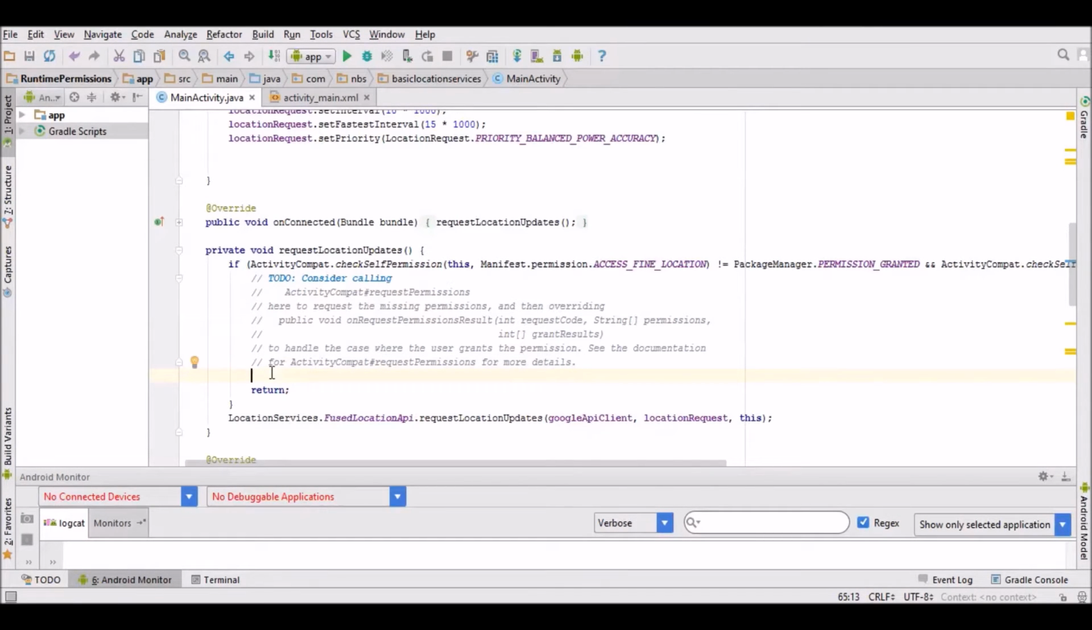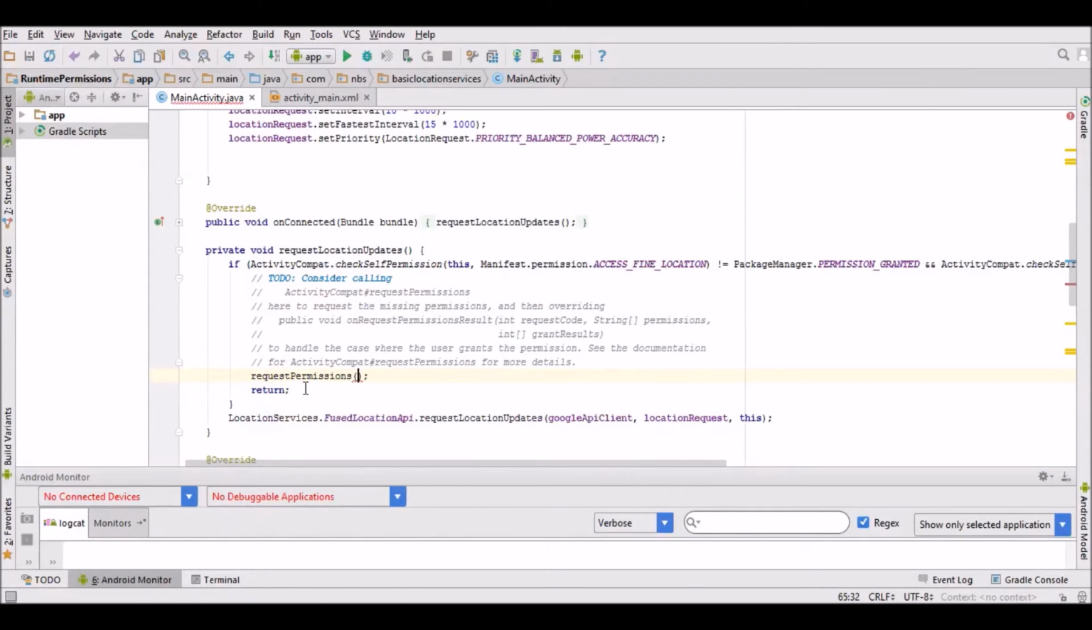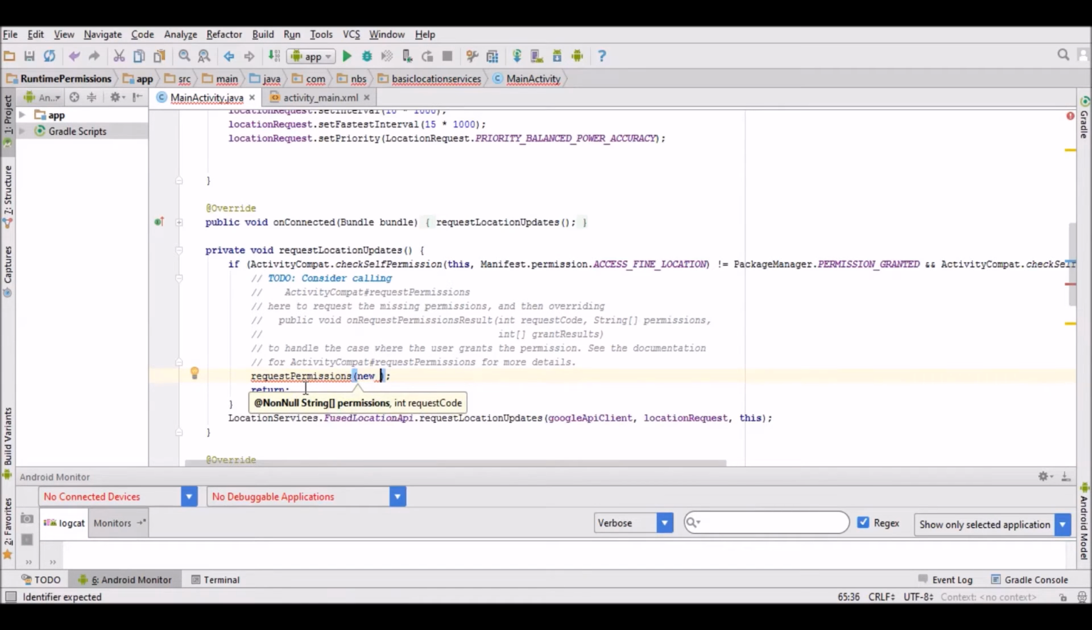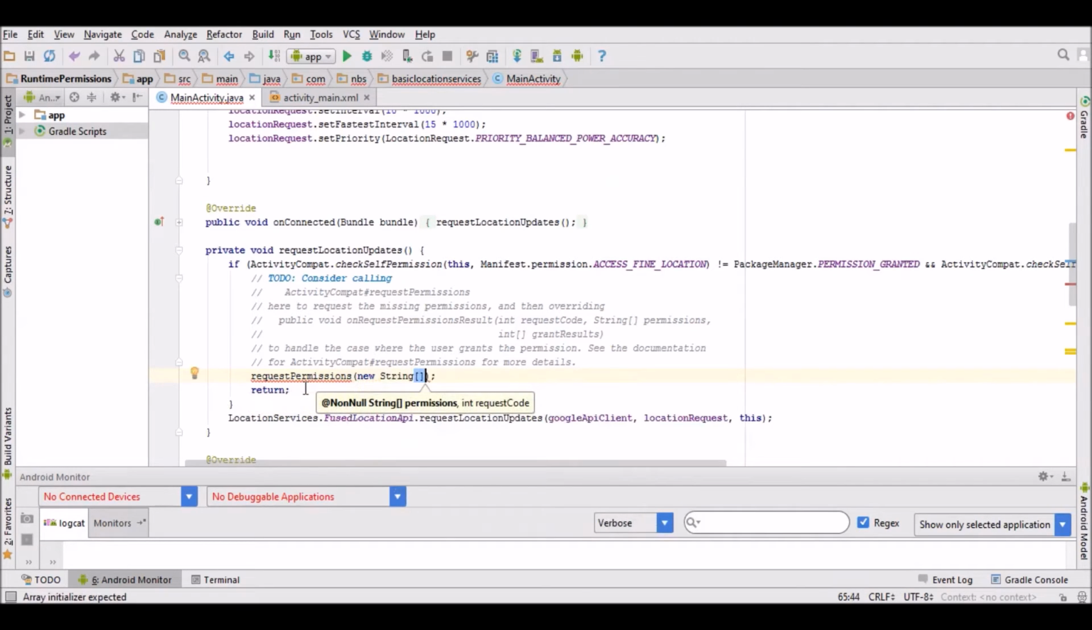Okay, so what we need to do is type request, and it'll be permission. So looking for permissions. We've got quite a lot to type here now, so it'll be new. We need to type string. This is actually defined on the website, so I'm really just copying the default code here. There's kind of a string array here, so it'll be